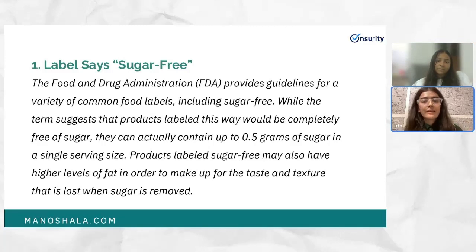Like the example I gave you of aspartame, right? It has severe damage on neurological health. It can even cause Alzheimer's. Okay, so that is the harmful thing it does to our health, and we blindly consume these products on a daily basis. If we are consuming limitlessly, that will definitely impact our health, right? And even as per the FDA guidelines,